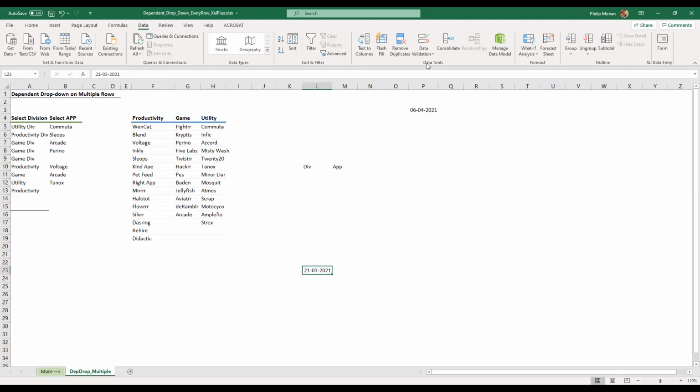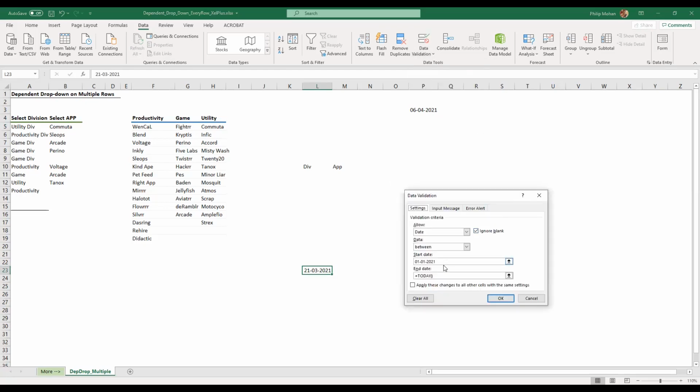In the validation column, I'm saying the earliest date should be January 1st and the last date should be today, which is whichever day you're opening the system. And it's not the real calendar date that is today. It is the date that is on your computer, okay? So as far as the computer knows, this is today, which happens to be okay for me.